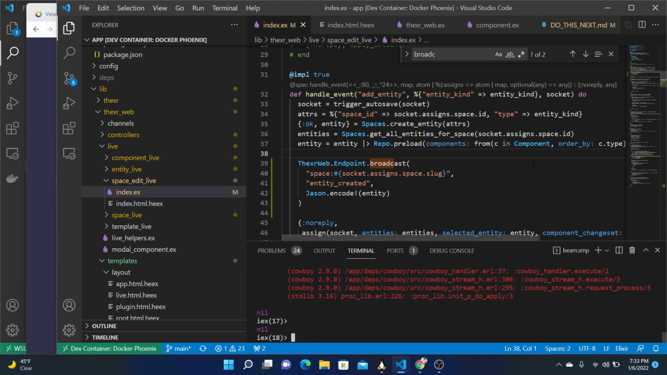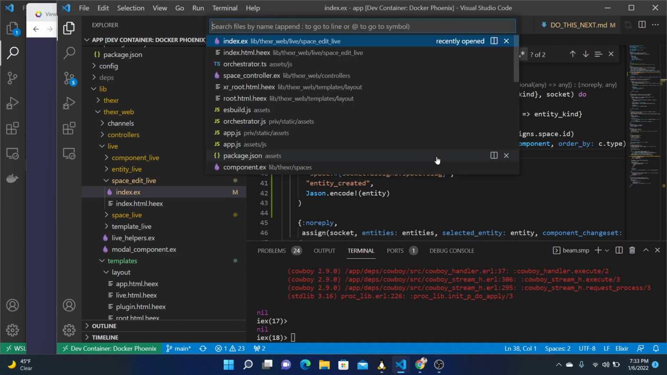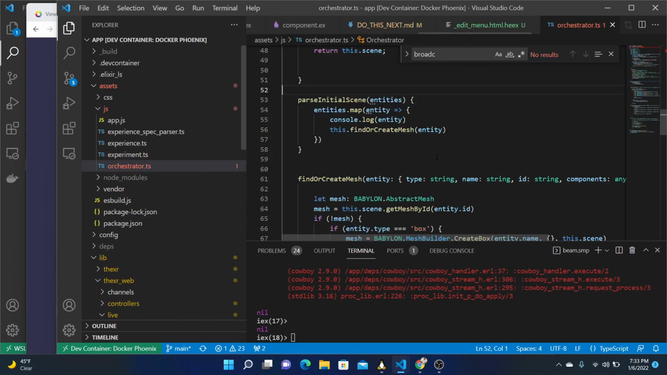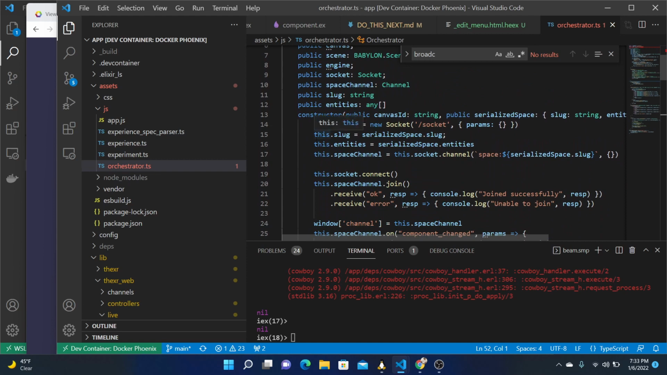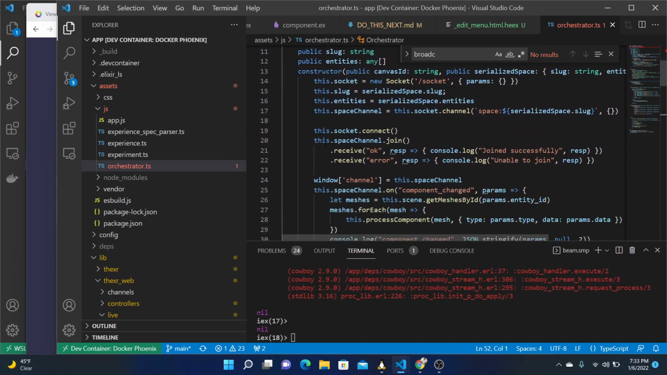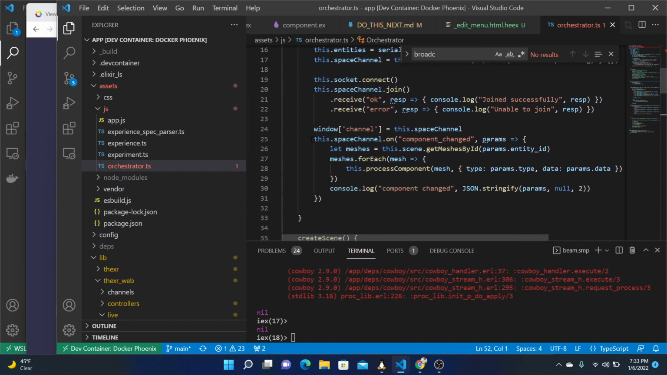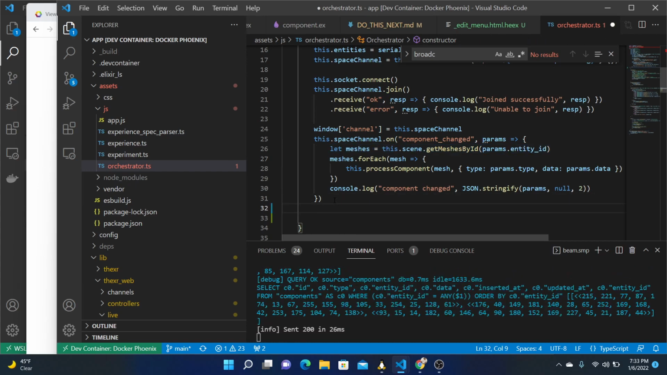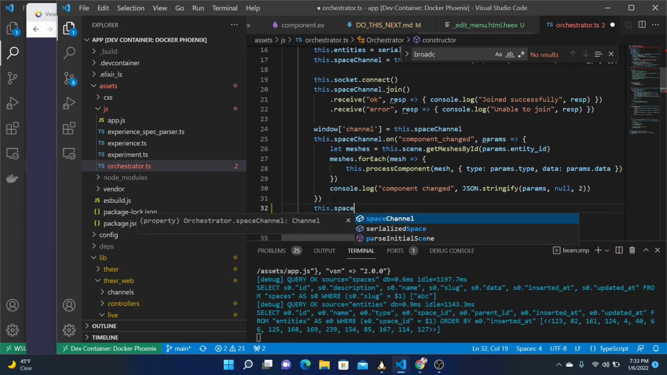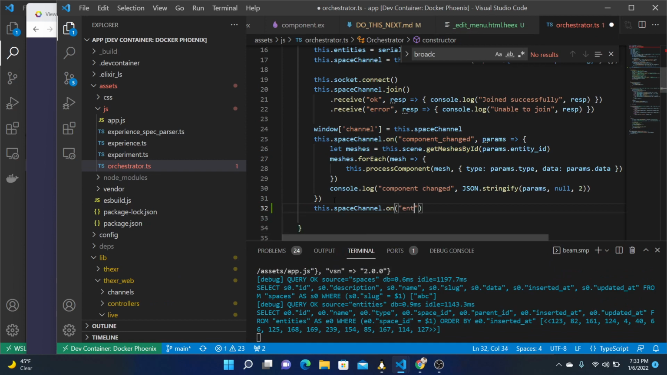Okay. Let's console log that out in the front end. So in the front end, all the JavaScript right now is just an orchestrator. It's just in one junk drawer that we need to figure out later. But in here, we create a new socket. We create a channel related to a space channel. And then on the channel, we're listening to component change. And every time the component changed, we found a mesh matching that component's entity ID. And then we handled process component, which is going to update its position, rotation, and scale. So in here, we just need a space channel on entity created